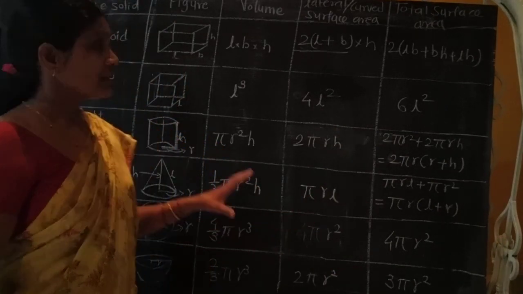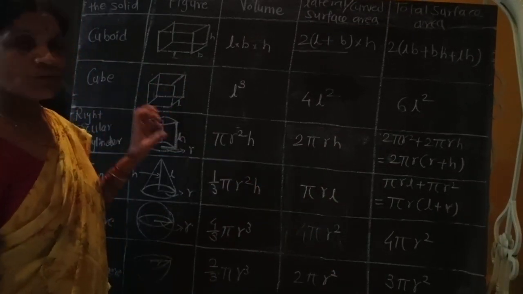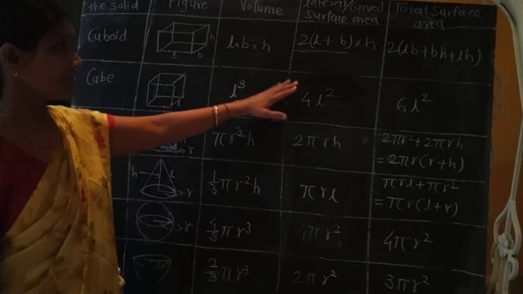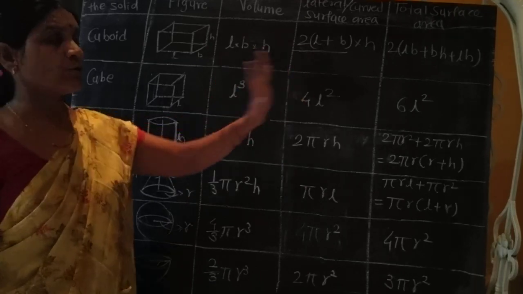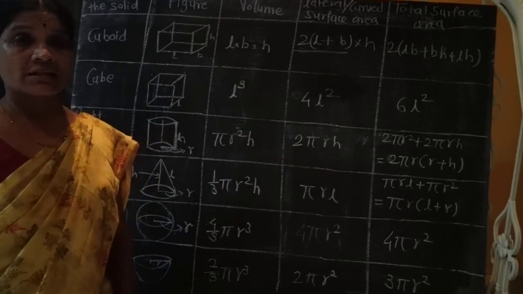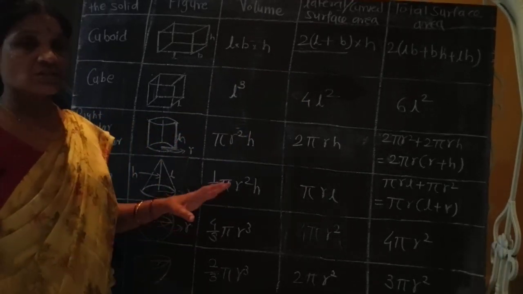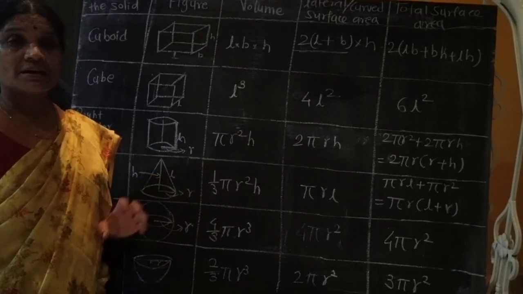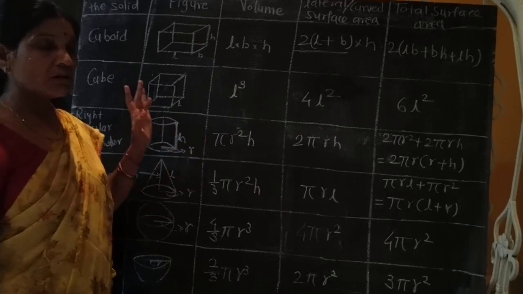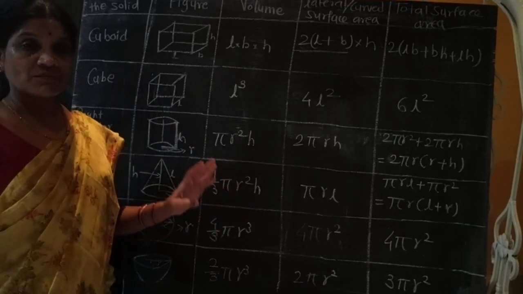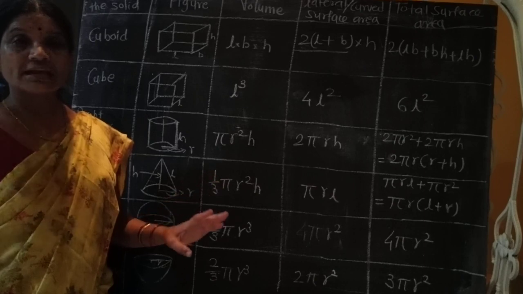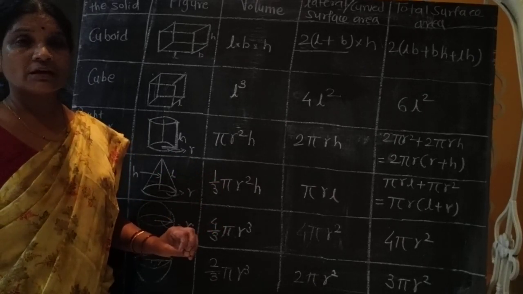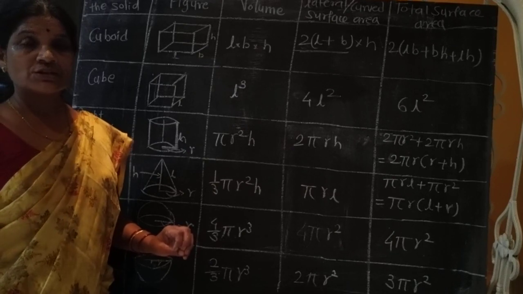In this way, here we learn all about the formulae for surface area, volume and total surface area. Out of that, some of you already learned in 8th and 9th standard. Remember that you have to learn all the formulae. Then and then we can solve the examples. Try to understand and learn these formulae. Okay, we will stop here.